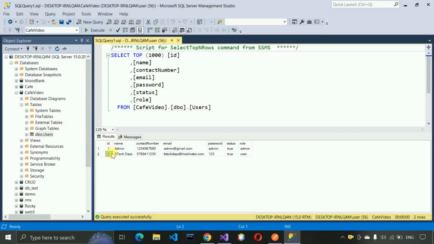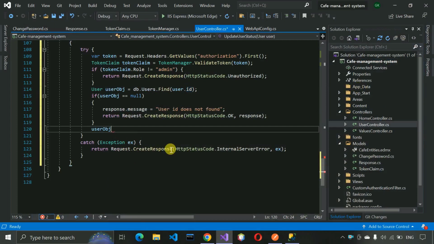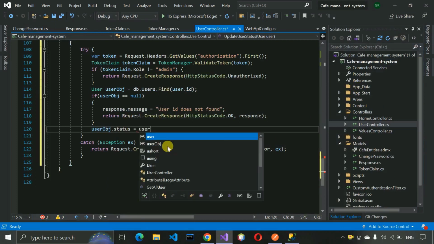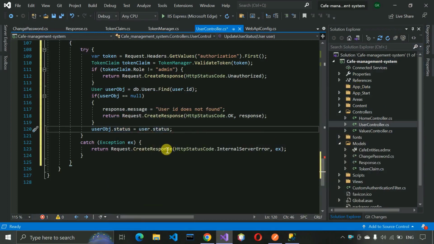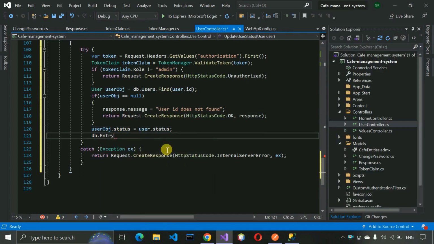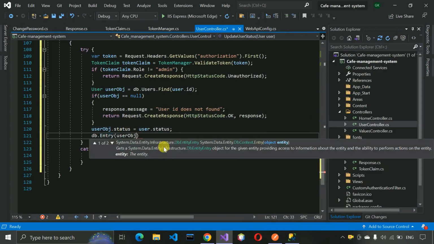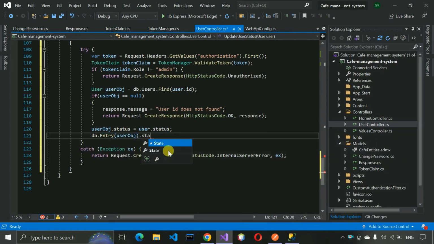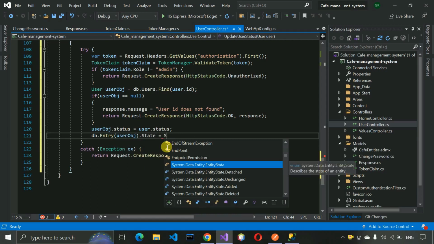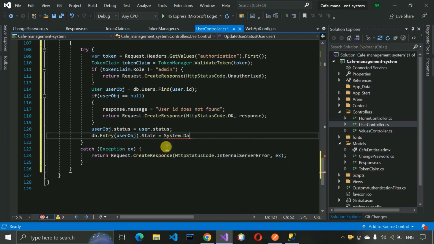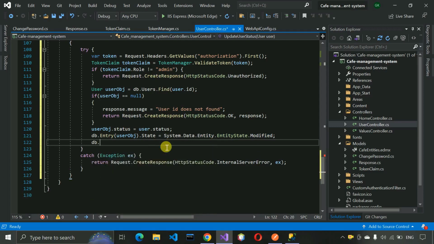Okay, so if we get the ID, in that case we are going to search in our database whether this user exists or not, and after that we are going to update it if it exists. So user status is equal to user dot status, and db dot entry, and here we have to pass the user obj dot status state, system dot data dot entry state dot modify. This one we need to write, and db dot save changes,